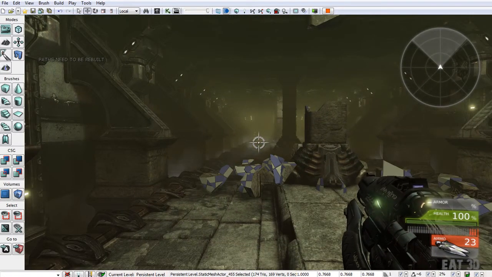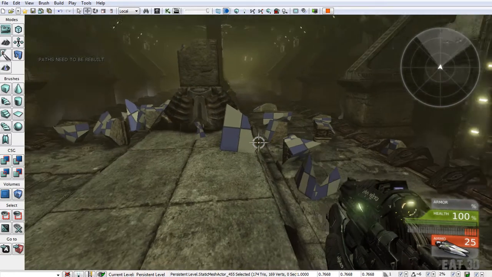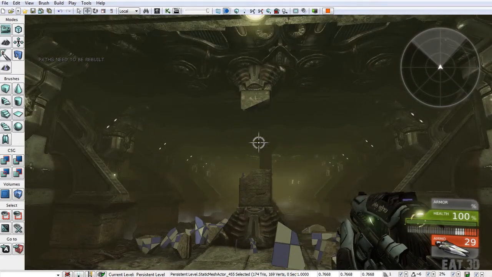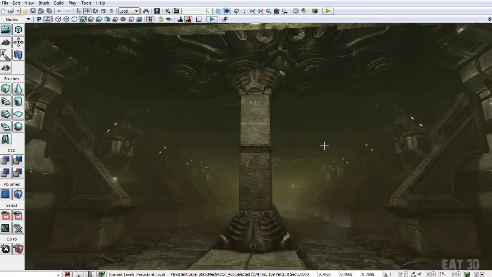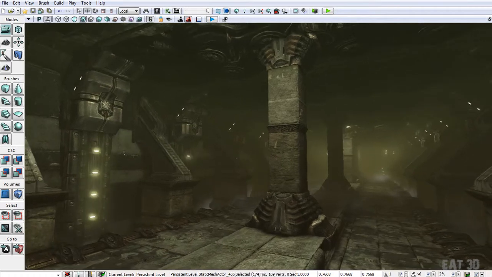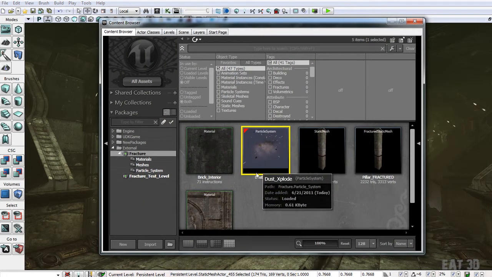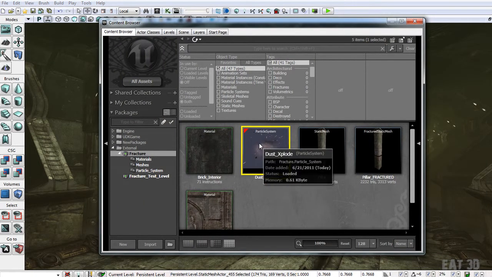But you can see that there's several things that are wrong. For one, we're getting this checker pattern on the inside of the actual chunks. And two, when we shoot it, nothing really special happens. So to change this, we're going to first add a certain effect so that every time a chunk breaks, some dust will fly out. Now I've simply grabbed this already created particle system here from the UDK game package,